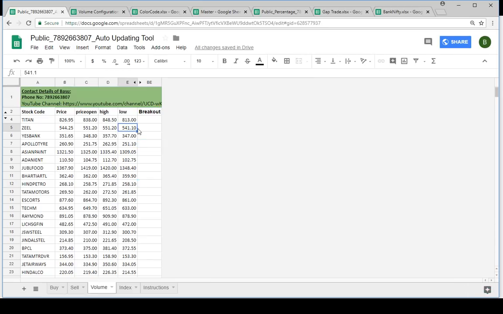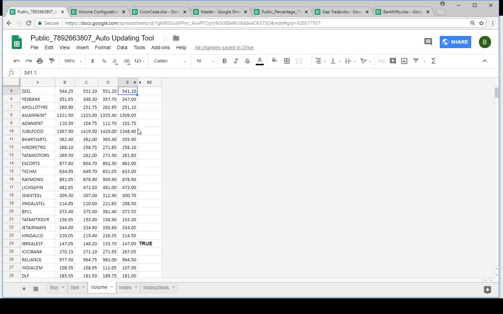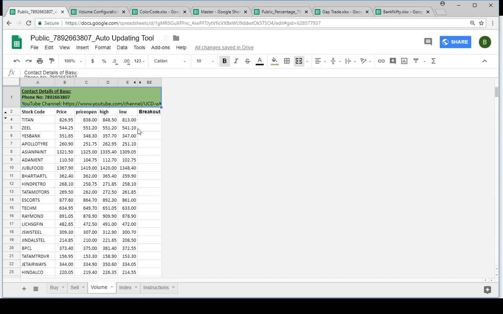Here I have sorted the shares by volume surge, meaning Titan was having a very high volume yesterday compared to its previous days, and there was a surge in Zeal also compared to the previous days. So this is basically sorted based on the volumes, and the best way I prefer trading here is